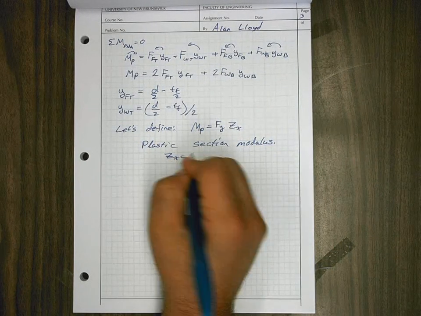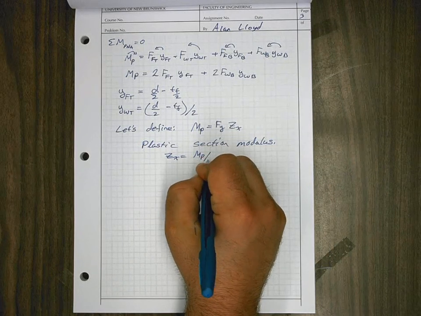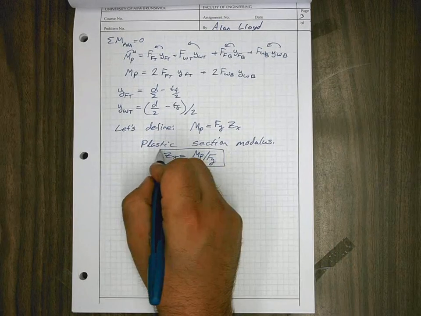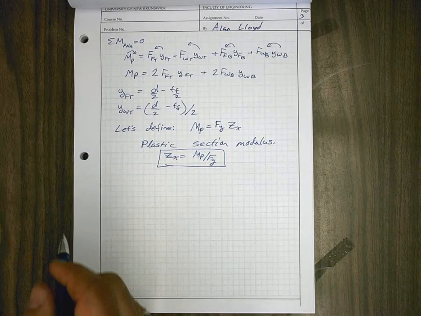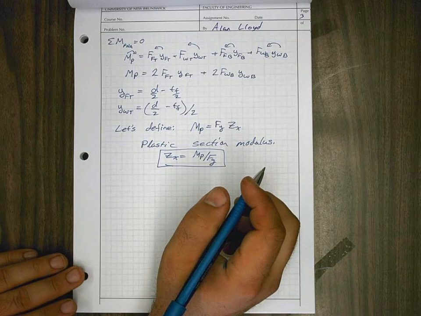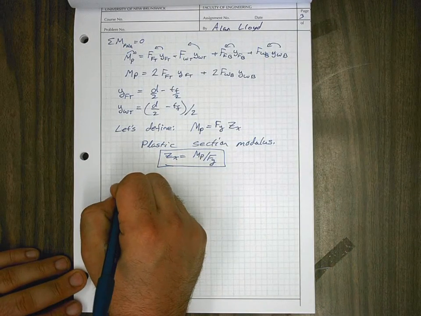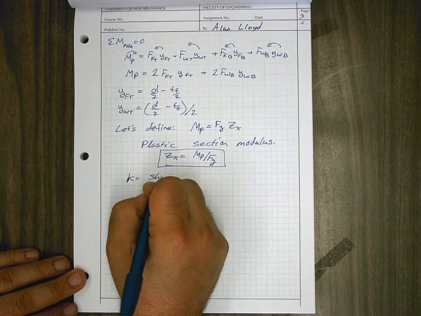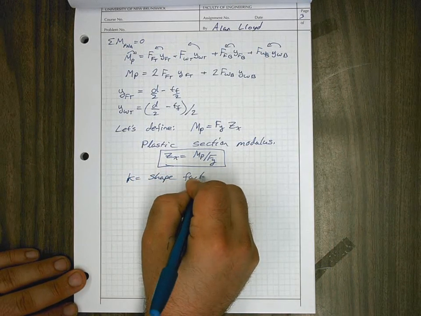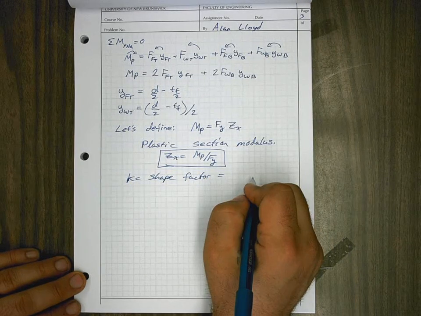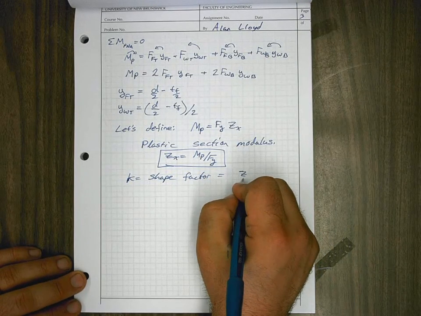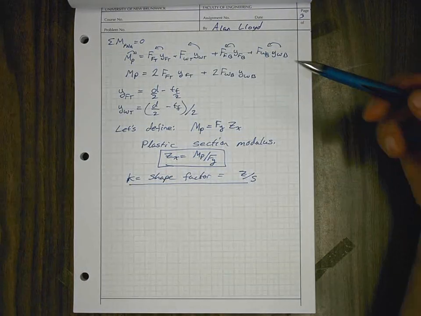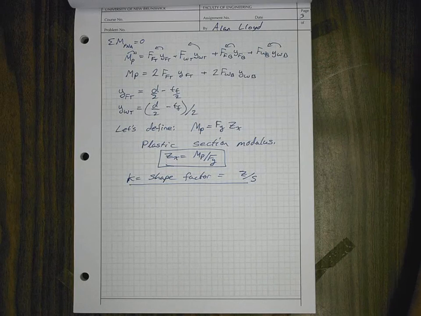Zx is equal to Mp over Fy, where the x is about the x-axis. And we recall that we had a shape factor k, and this is equal to Z over S. So with that solved here, we've effectively found a way to calculate our moment, and now that we know our moment,